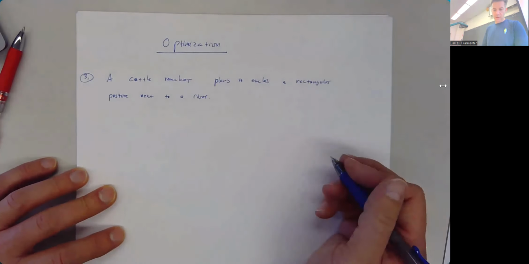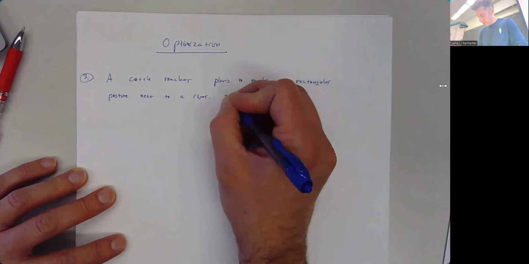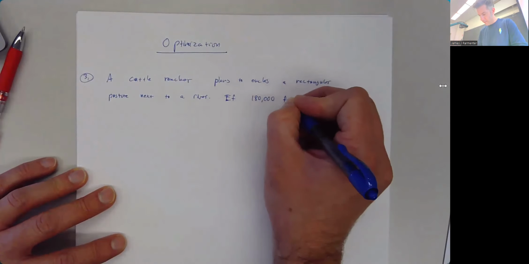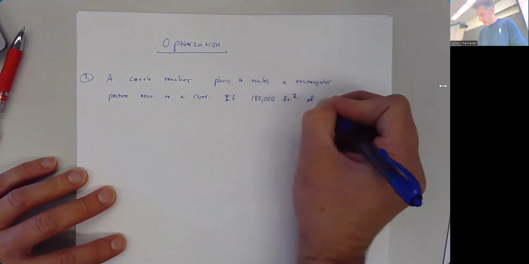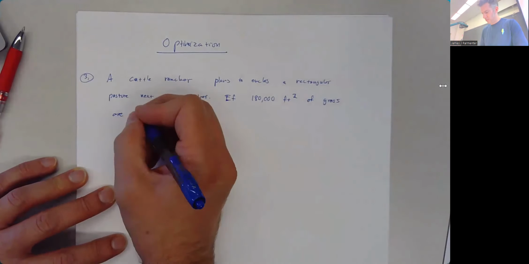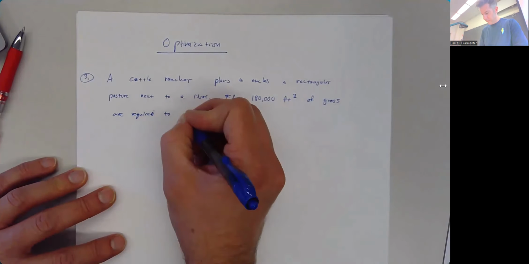Oh yeah, we'll do it this way. If 180,000 square feet of grass is, I don't know, required to feed the herd,